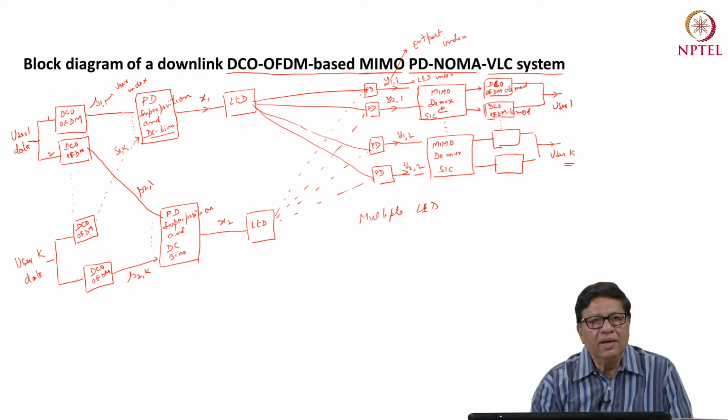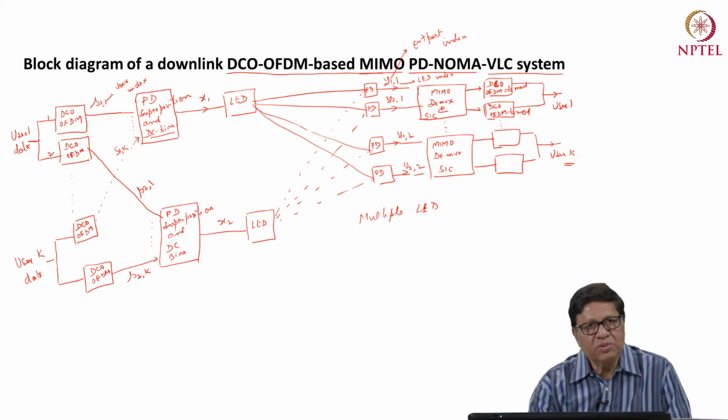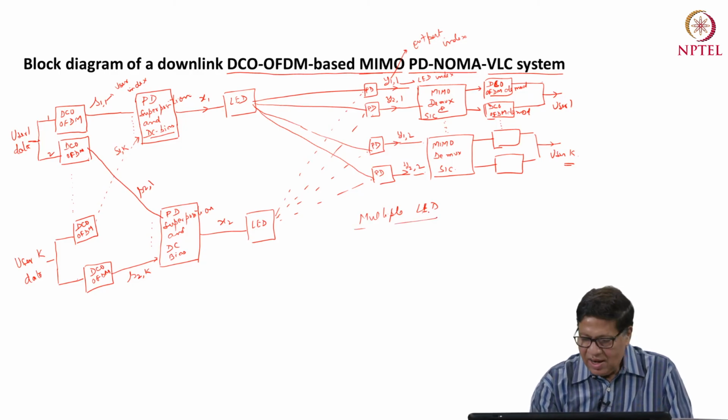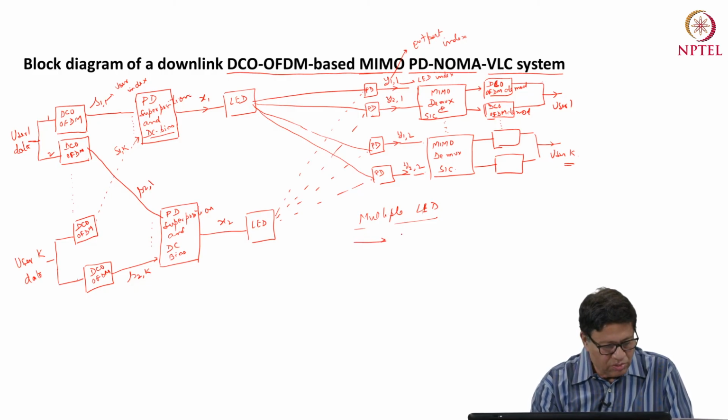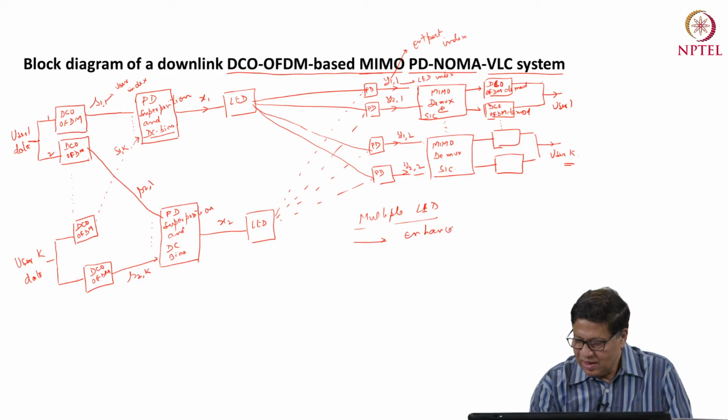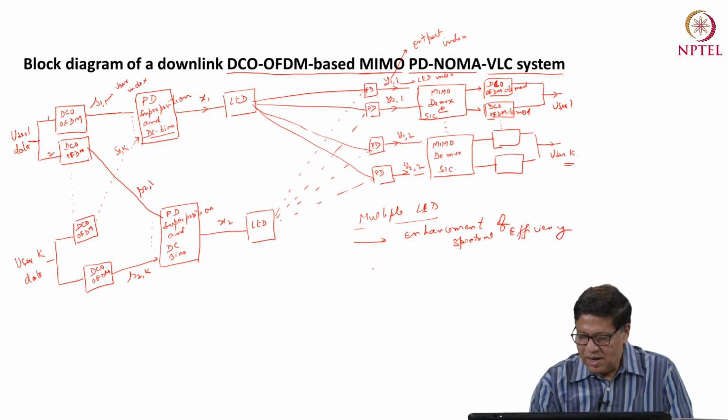Because normally in an LED lamp, there are arrays of LEDs, so it can be used as multiple transmitters. Using multiple LEDs and multiple detectors will result in enhancement of the spectral efficiency, and you are able to do spatial multiplexing